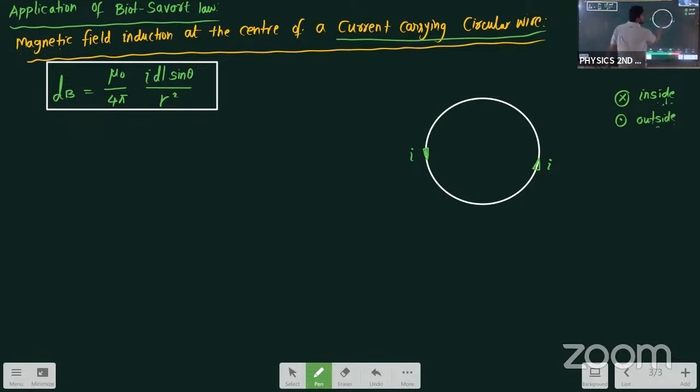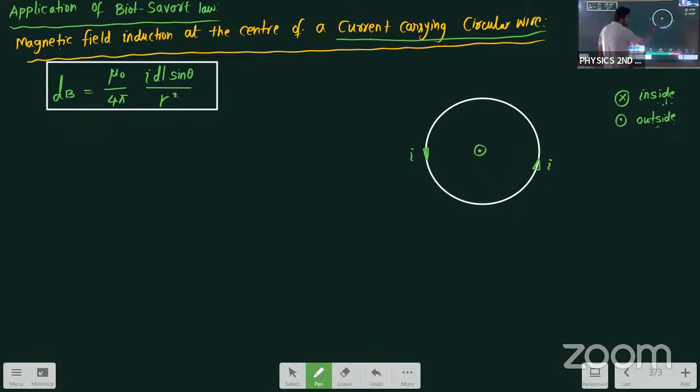So see here, the curling of fingers represents the direction of electric current and the thumb represents the direction of magnetic field. So the magnetic field will be outside and it is represented by which symbol? Dot symbol. So now we are supposed to determine the magnetic field at this particular center of the circular current carrying